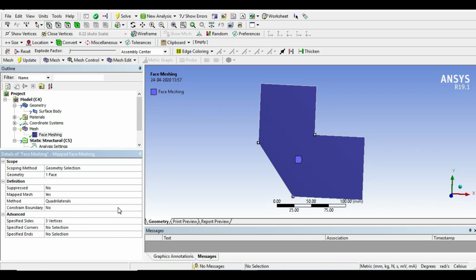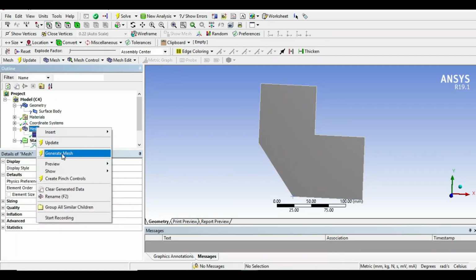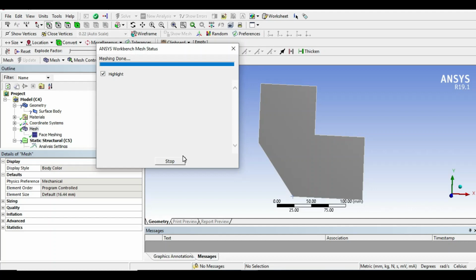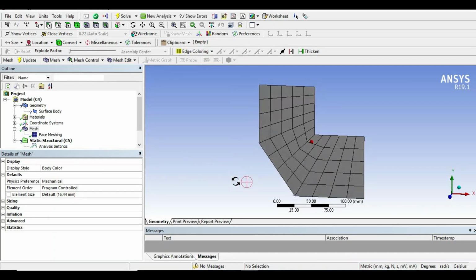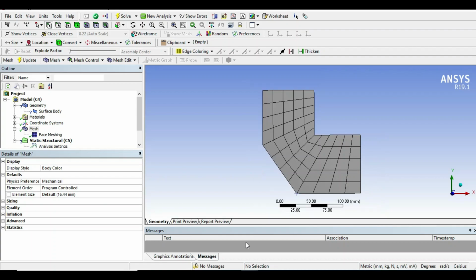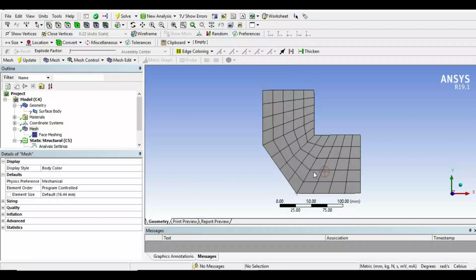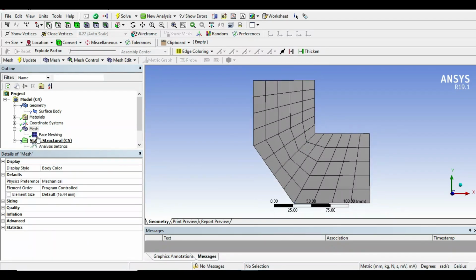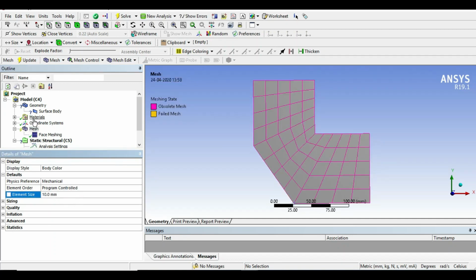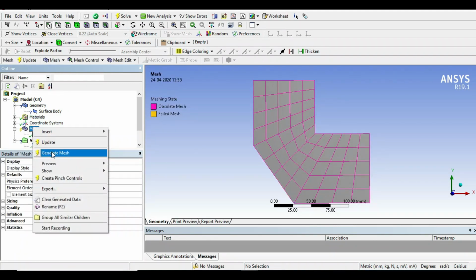So our algorithm will automatically find the specified end vertex, right? So for this again click on mesh and generate the mesh. So here the mesh is created as shown in this figure. Only the element size is different, but only one pattern, one checkerboard type element mesh, is created. We can change this size from 16 to suppose 10, and regenerate the mesh of the model again.